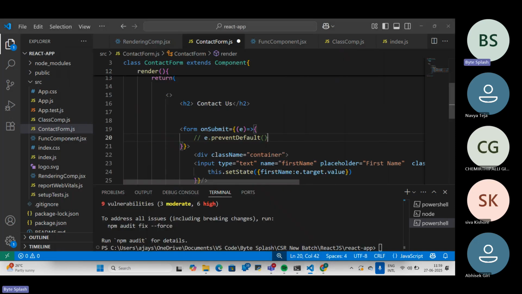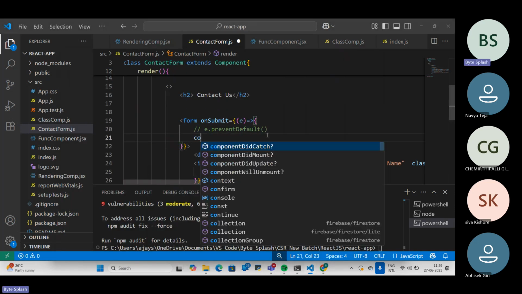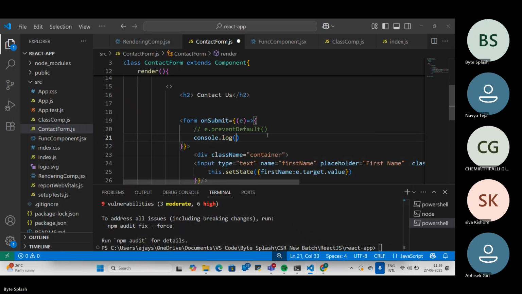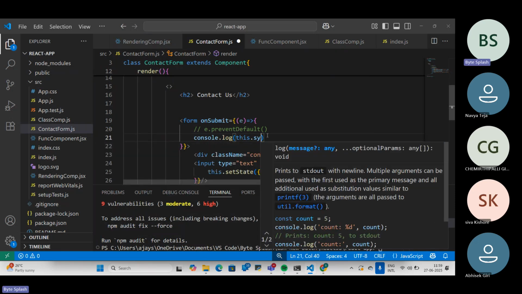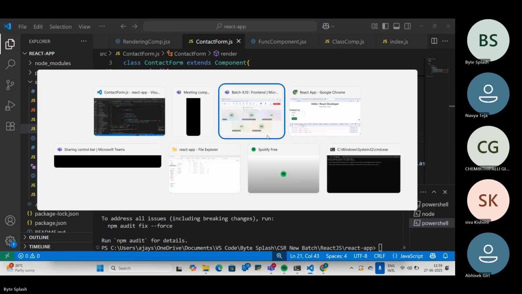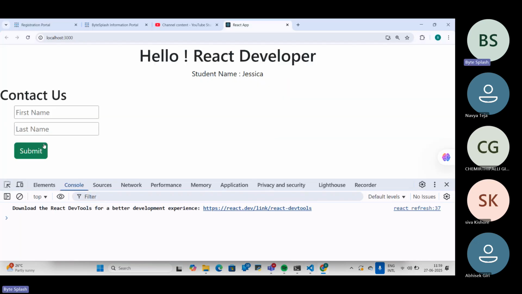Okay, I'm going to comment it, then try to console.log this.state. Just mention. See, I am going to enter here Jessica, John, submit. It is displaying output, but immediately it is just removing. What is the thing that is happening? See, if you observe here,